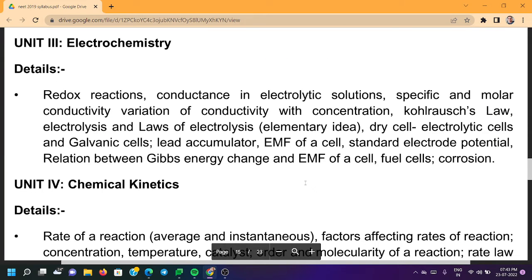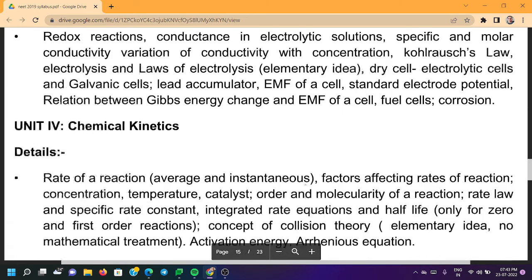Unit 3, Class 12 Chemistry, Electrochemistry. Redox reactions, conductance in electrolytic solutions, specific and molar conductivity, variation of conductivity with concentration, Kohlrausch's law, electrolysis and laws of electrolysis, elementary idea, dry cell, electrolytic cells and galvanic cells. Lead accumulator, EMF of a cell, standard electrode potential, relation between Gibbs energy change and EMF of a cell, fuel